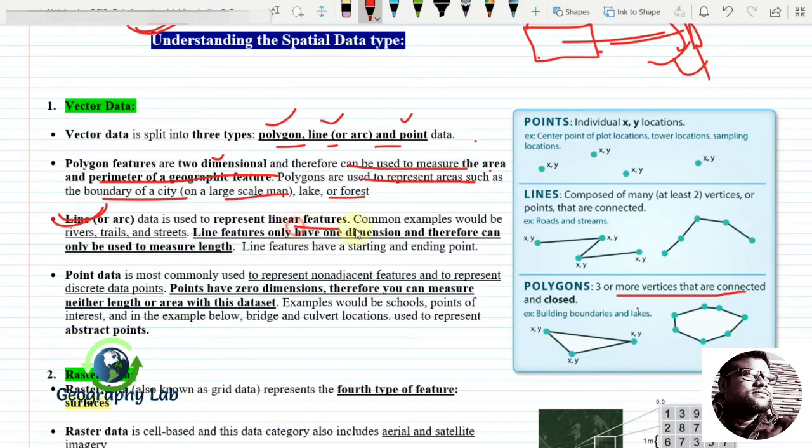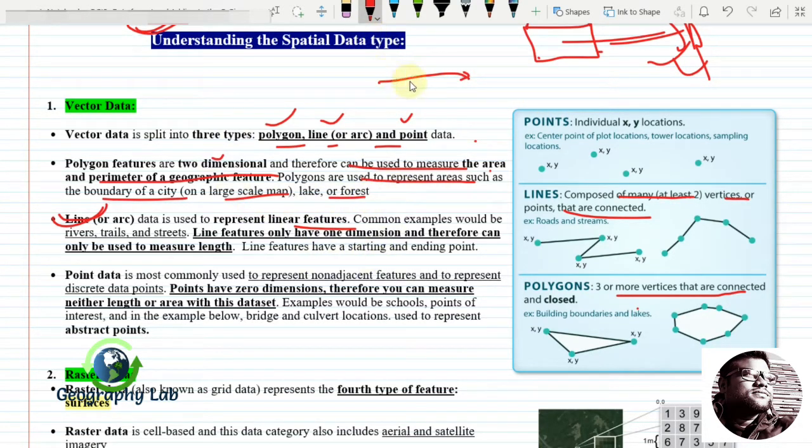The second one is the line or the arc. It is a linear feature, and common examples would be a river, trail, street, etc. A line feature can only have one dimension, that is the length, so it is only used to measure length. It is built from joining at least two points or two vertices that are connected. For example, if I draw one point here and another point here and connect them, it will become a line.